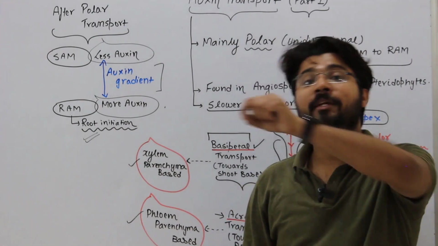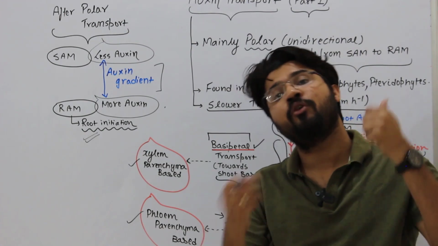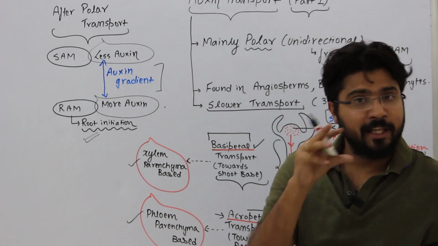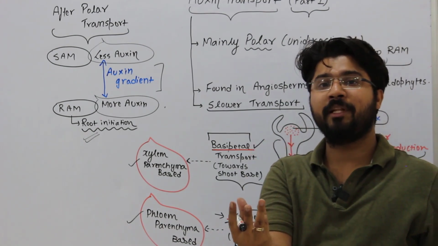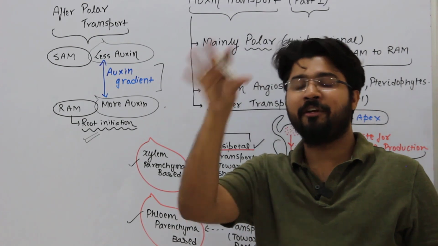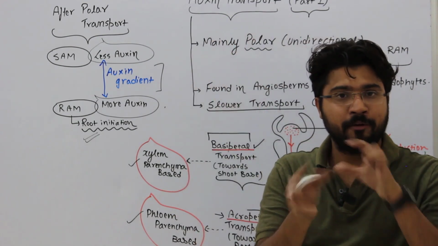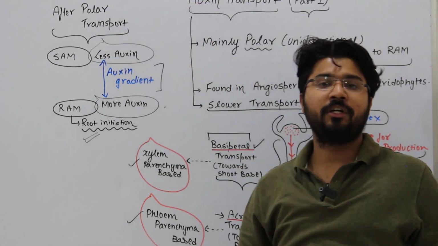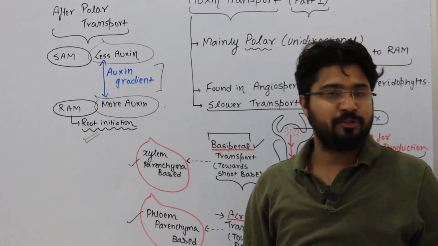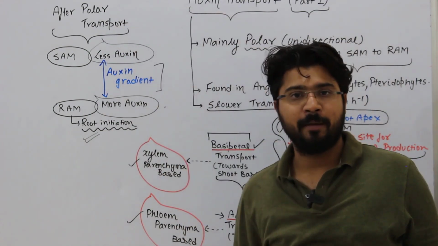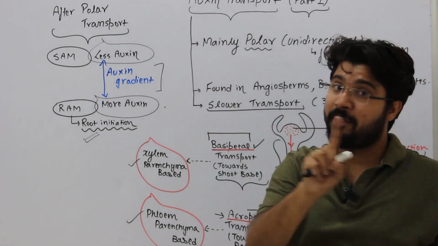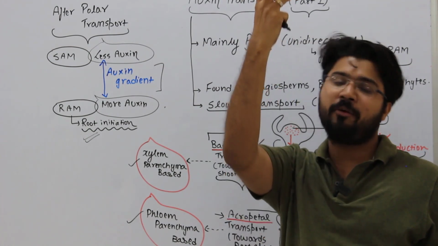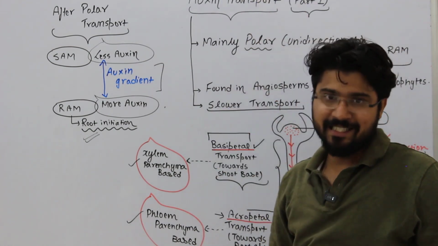That means how did the plant decide that roots will always be formed at the base? They decided because after transport, wherever more auxin is collected, that by default will be the RAM, and from there they will initiate the root. For example, even if you reverse this gradient, with the help of a syringe you give more auxin to the SAM and comparatively less to the RAM, even after transport, then the root will initiate on the top of the plant. But such plants will never survive in laboratory conditions. They can never naturally survive because roots cannot be towards the top and stem cannot be inside the soil, right?